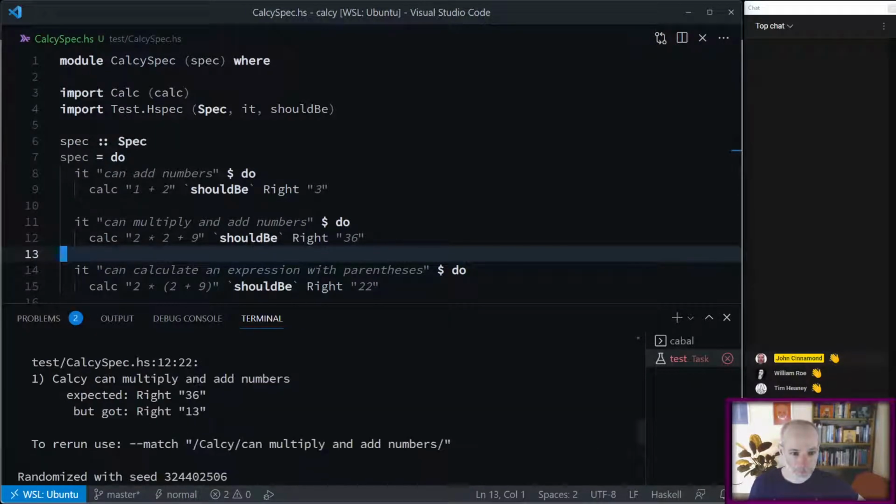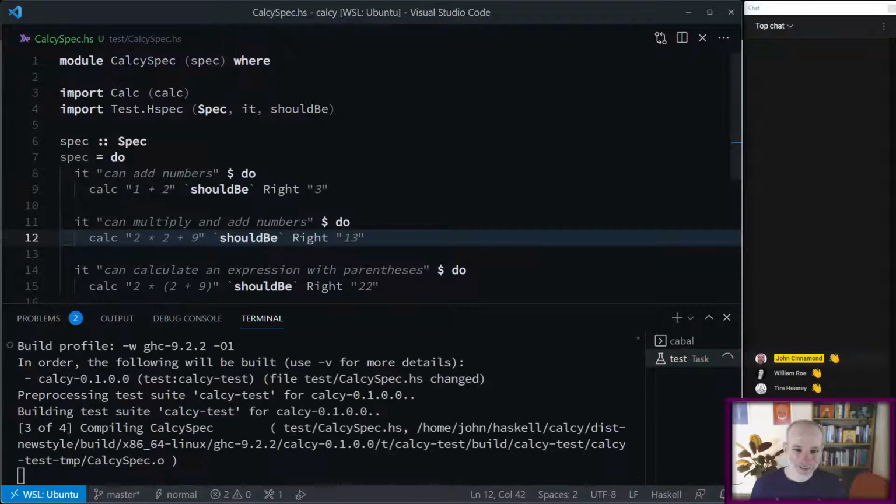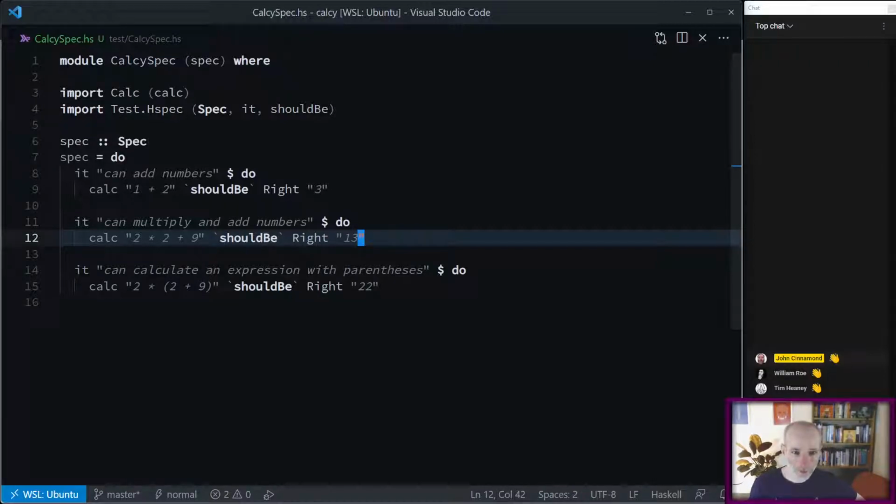Something failed. Oh, it's not 4 nines. It's 4 plus 9. Okay, now it passes. Good. Okay, so we can put brackets into here as well. That's cool. I've maybe got 10 minutes left, so let's